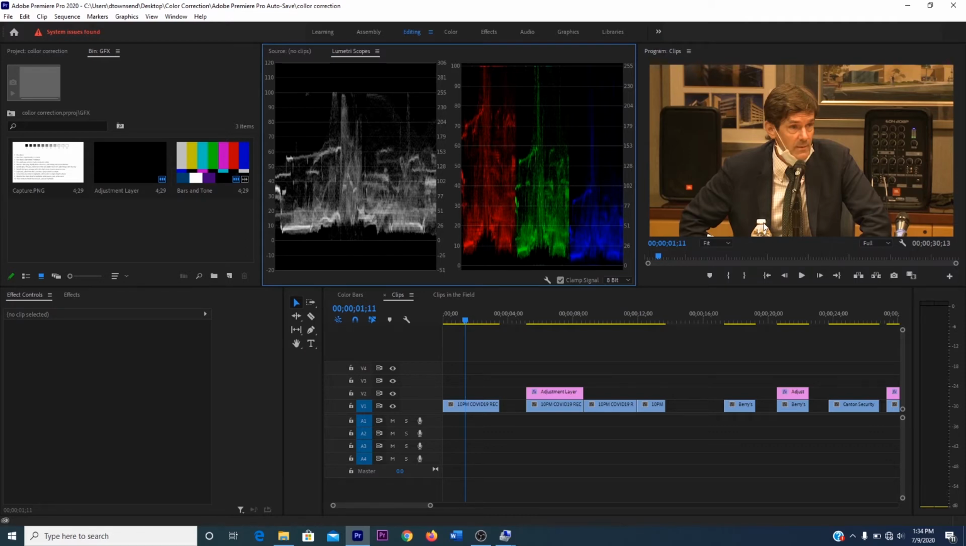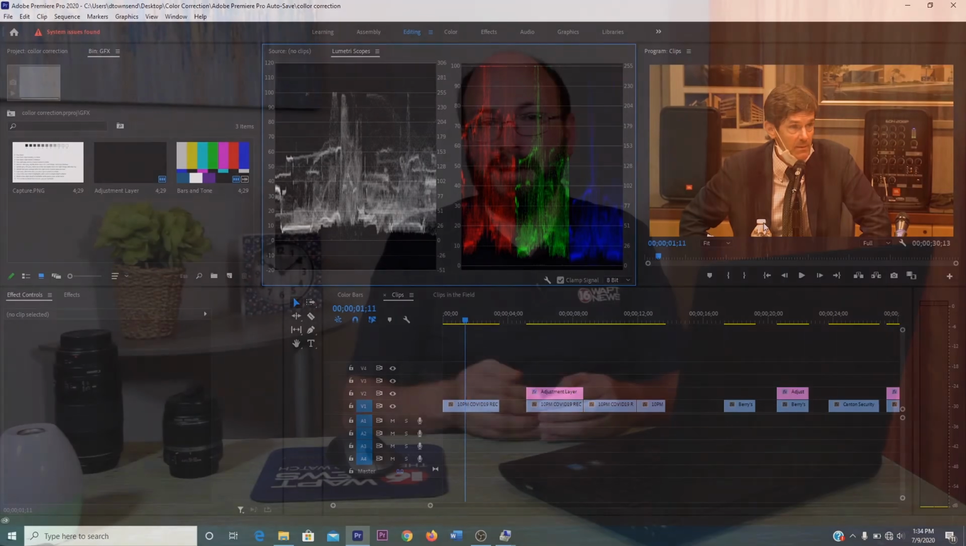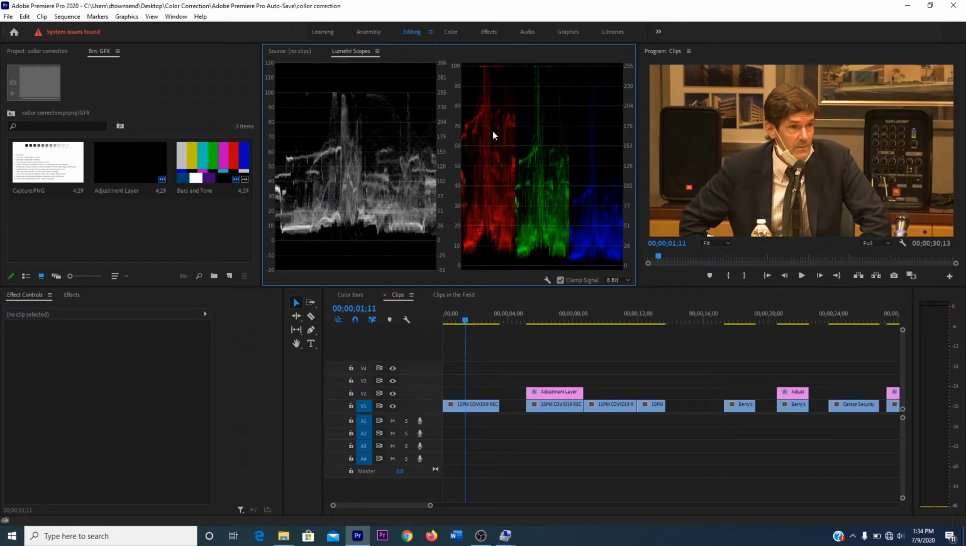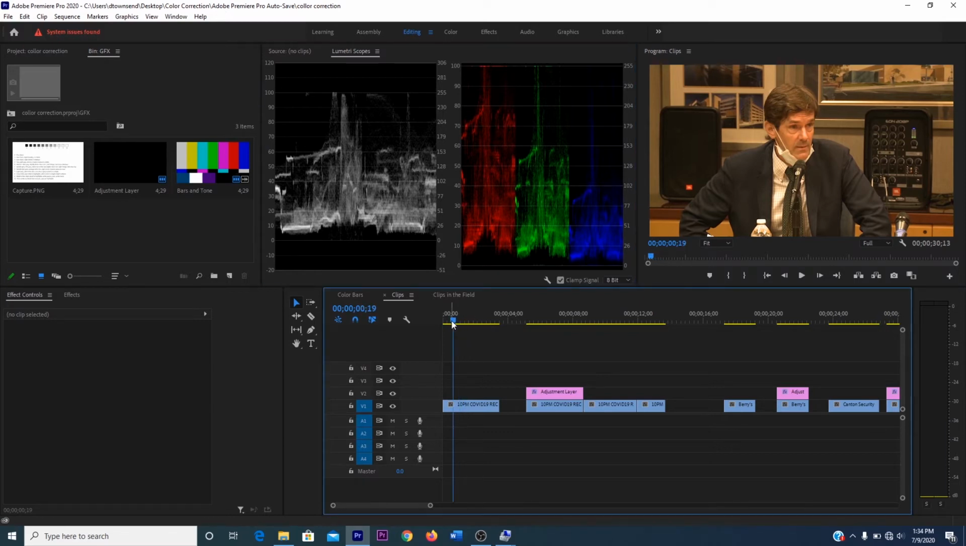Because it's not truly white because of the white balance of the camera. It's white because it's completely overexposed and there's no color definition in it whatsoever. So I'll show you how to correct that later. But actually, in reading these scopes from one end to the other, I'm going to play this video for just